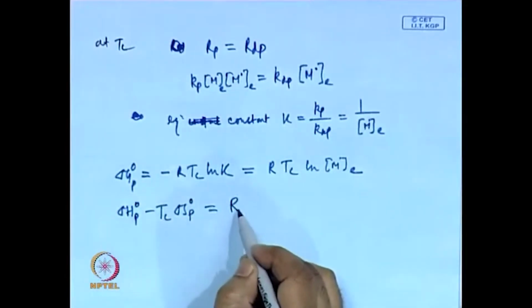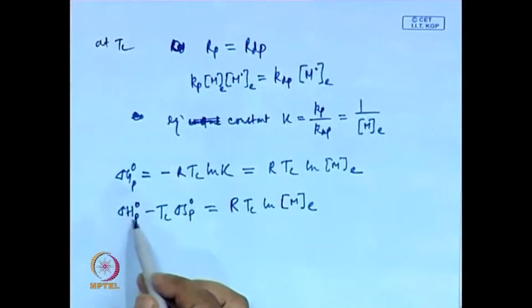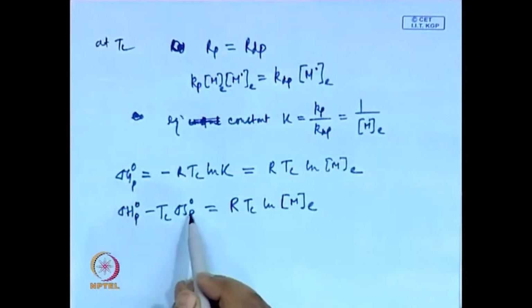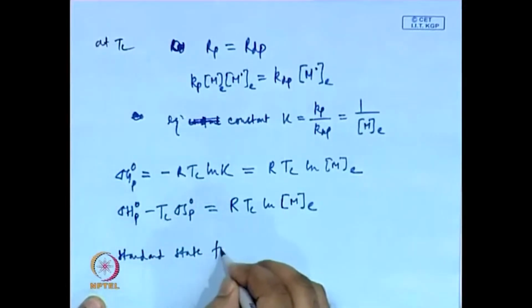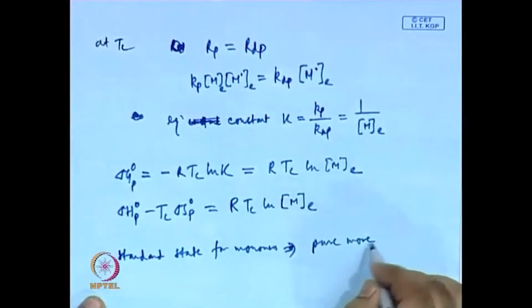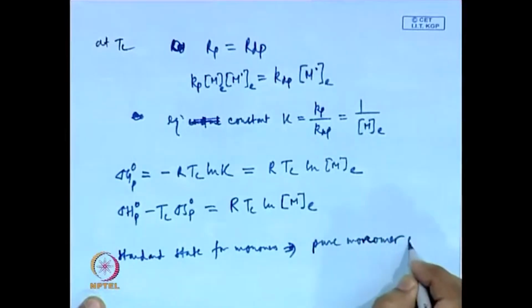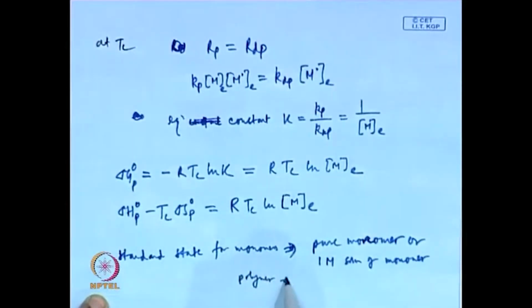this side, right side R Tc ln Me. As you know, this is the standard enthalpy of polymerization reaction, and this is standard entropy of the polymerization, and the standard state for monomers is either pure monomer, or 1 molar solution of monomer, whereas for polymer it is pure amorphous polymer,